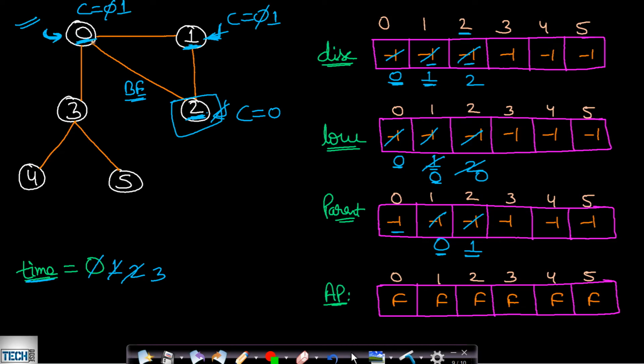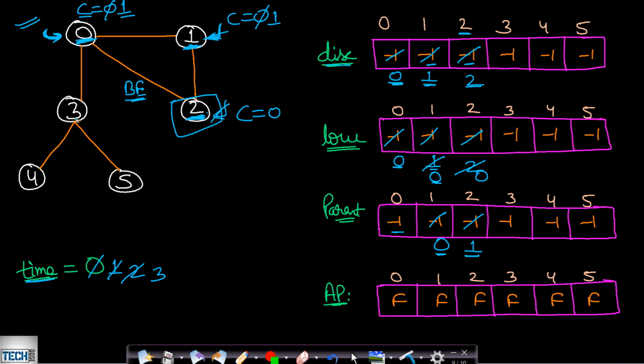And if this is a root node, then it should be having more than one subgraph. But the child count is equal to 1 till now, and so there is no more than one subgraph known for now. Therefore, this will not be an articulation point for now. Now from 0, we will make a call to 2 because there is an edge from 0 to 2. 2 is already visited and discovery time is higher, so this is not a back edge.